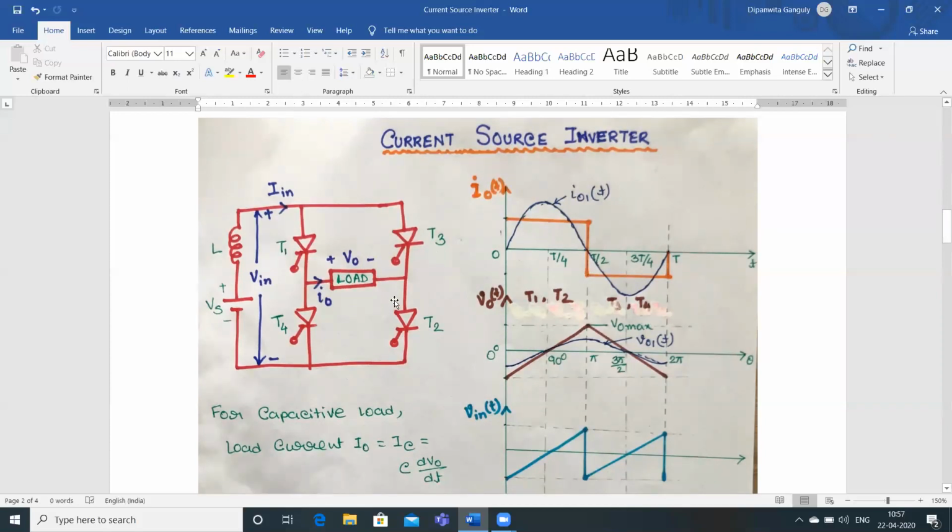In the voltage source inverter, the input voltage was constant and the amplitude of the output voltage does not depend on the load. However, the waveform of the load current as well as its amplitude depends upon the nature of the load impedance. But in the case of the current source inverter, the input current is constant but adjustable. The amplitude of the output current from the current source inverter is independent of the load. However, the magnitude of the output voltage and its waveform is dependent on the nature of the load impedance.